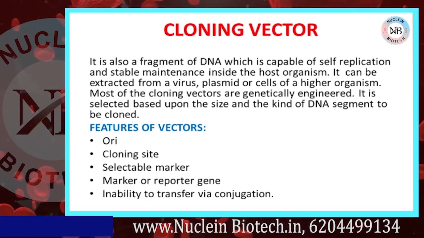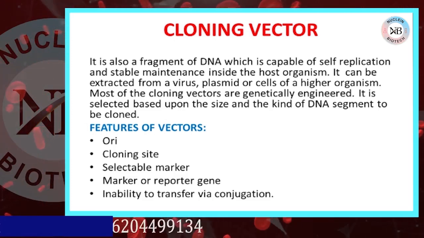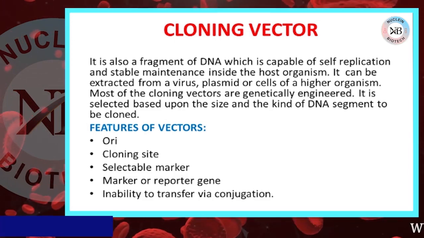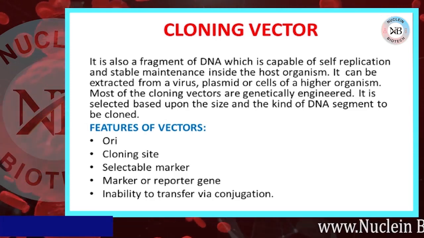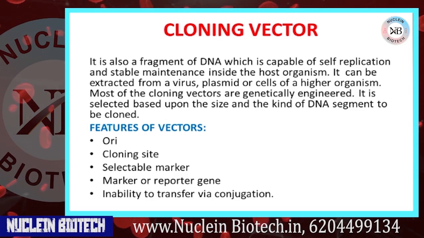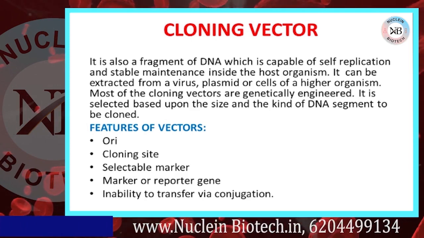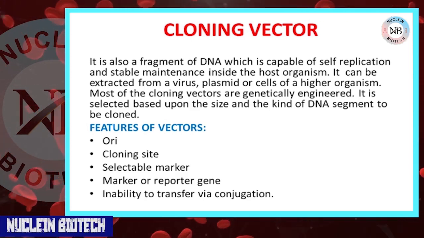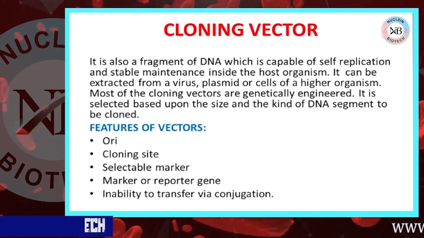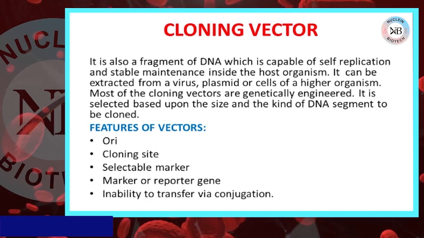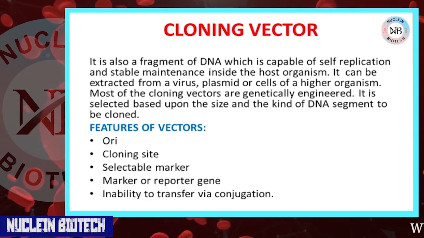A number of organisms can be used as a source for cloning vectors. Some are created synthetically, as in the case of yeast artificial chromosomes and bacterial artificial chromosomes, while others are taken from bacteria and bacteriophages. In all cases, the vector needs to be genetically modified in order to accommodate the foreign DNA by creating an insertion site where the new DNA will fit. For example, pUC cloning vector and pBR322 cloning vector, etc.